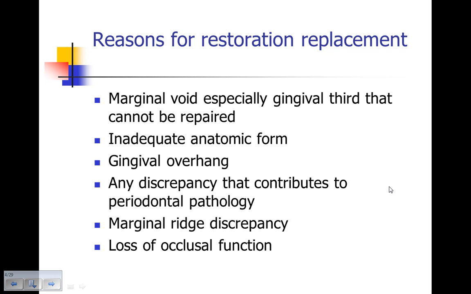So we look at those reasons for restoration replacement and we build upon what we've just been speaking to. We look for marginal voids, especially in the gingival third, in areas that can't be repaired. We're going to look at inadequate anatomic form, convexities, concavities, over-contouring. We'll look for gingival overhangs, those that can be picked up with our explorer, with our periodontal probe,